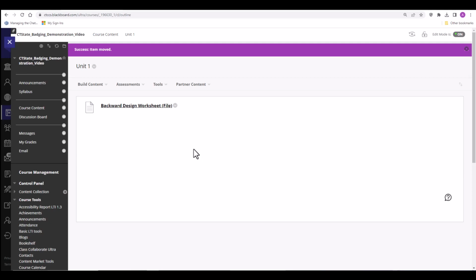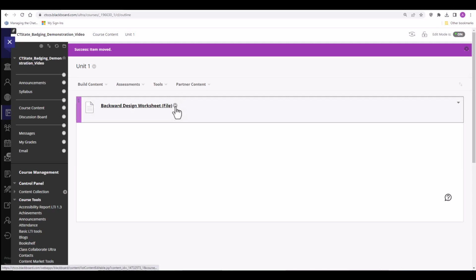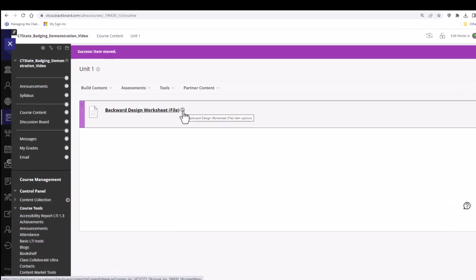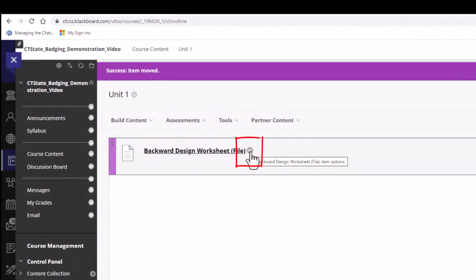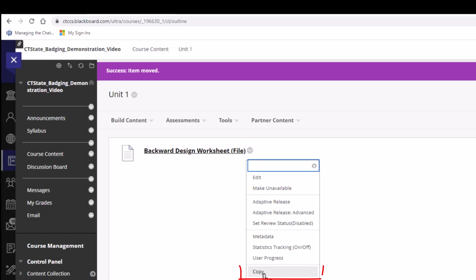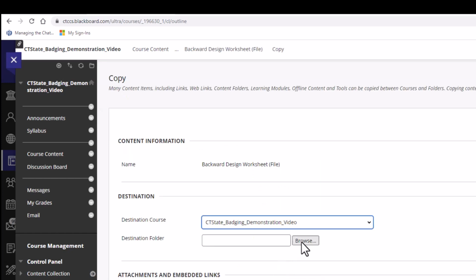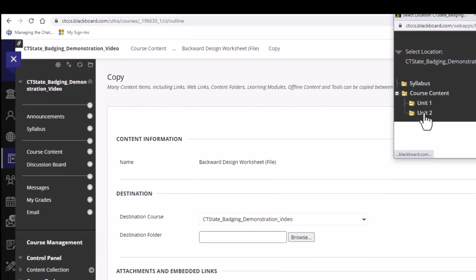Next, I'm going to copy a file from one folder to the other. So since I'm in the Unit 1 folder, I'm simply going to stay here and I'm going to copy this file from the Unit 1 folder to the Unit 2 folder. So again, I'm going to click on the action link or contextual menu to the right of this file. And this time, instead of choosing move, I'm going to choose copy. For the destination folder this time, I'm going to choose browse and I'm going to choose Unit 2